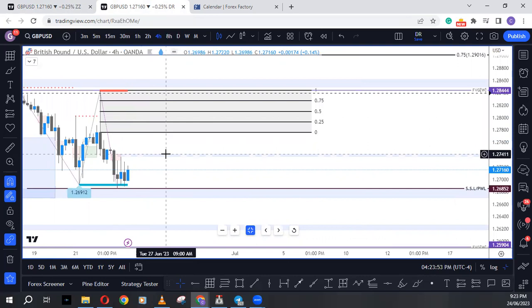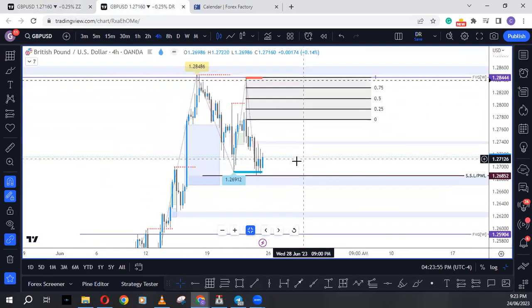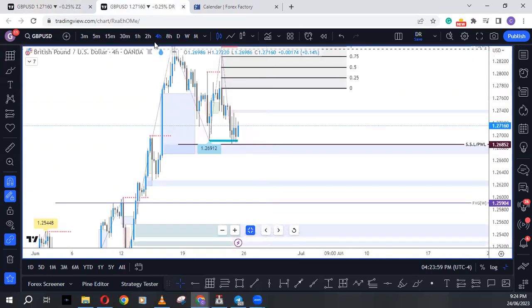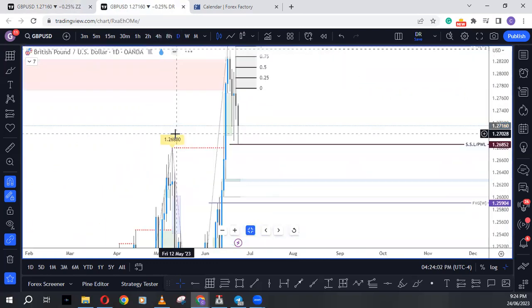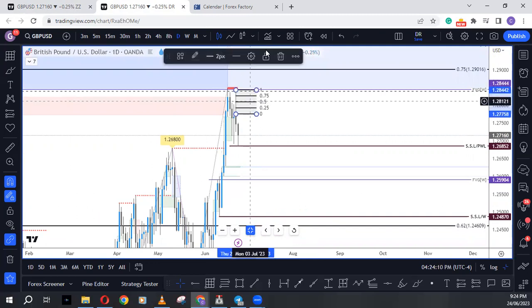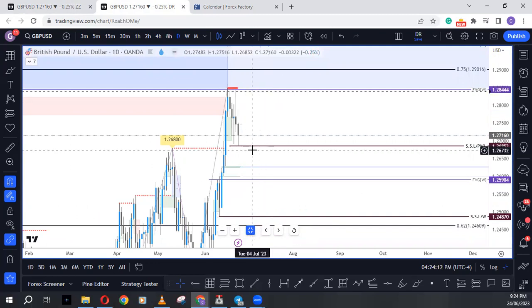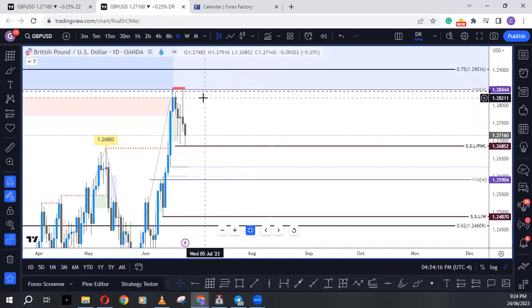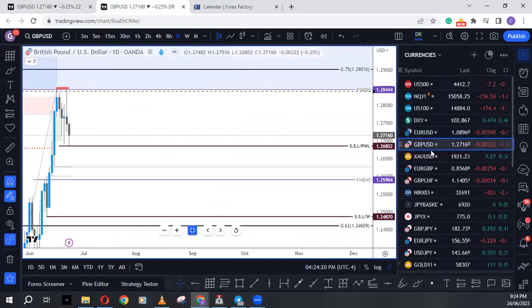If it gives you bearish evidence, then you can take a short position, probably coming into that daily order block on the daily here. Price may come down towards this point here on the daily. So that's it for the GBPUSD. We are looking at a possible bearish situation on it after a retracement and a rejection back to the downside. The next pair we are going to be looking at is